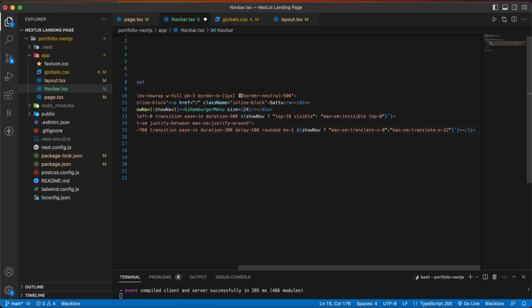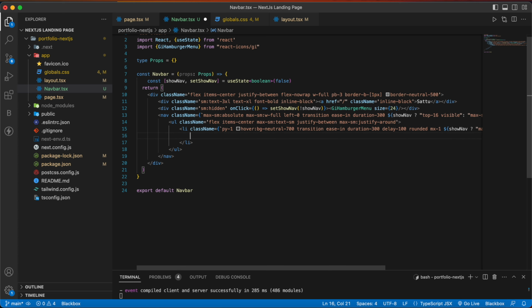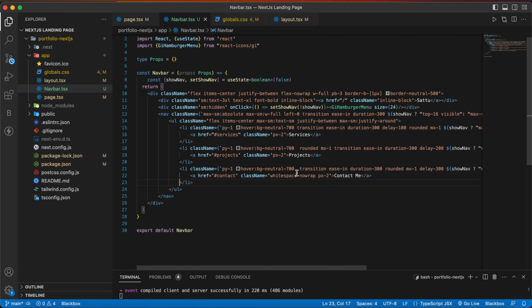And inside this li, we are going to have our anchor tag with href services and a class name px-2, and inside this write Services. So similarly we can write for Projects and Contact Me.